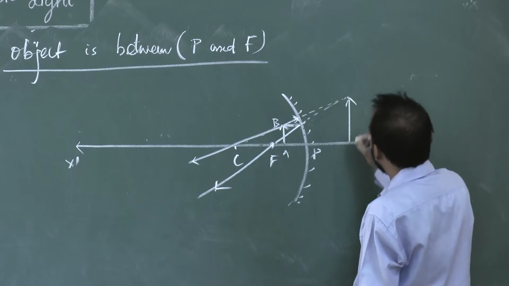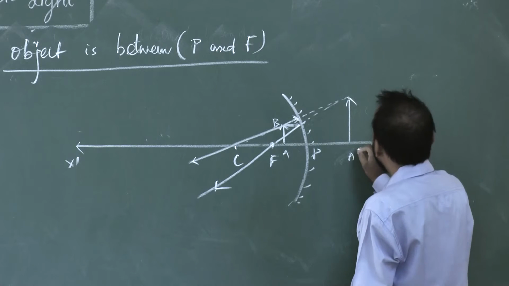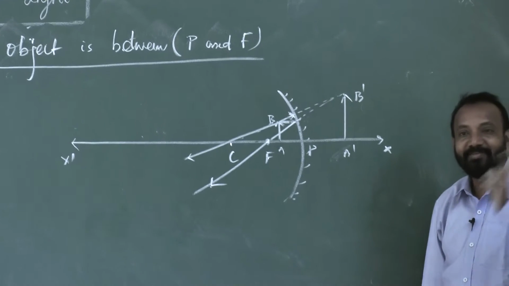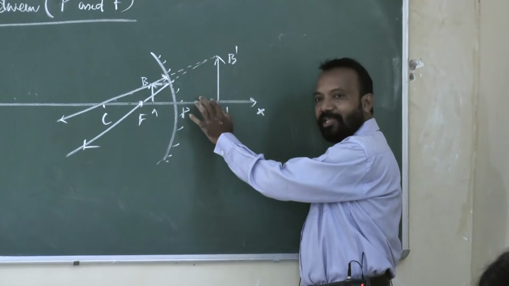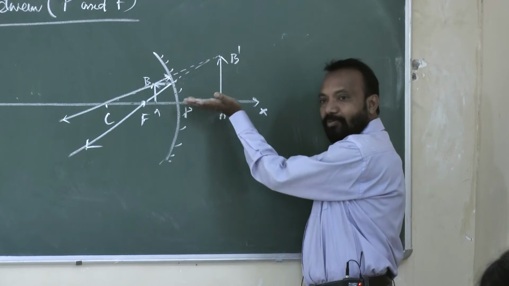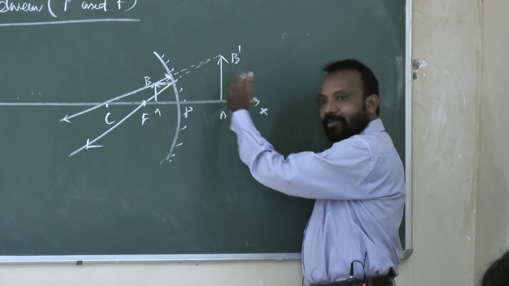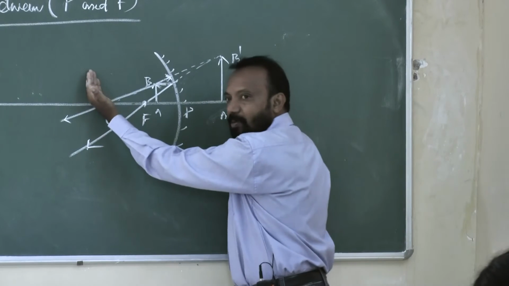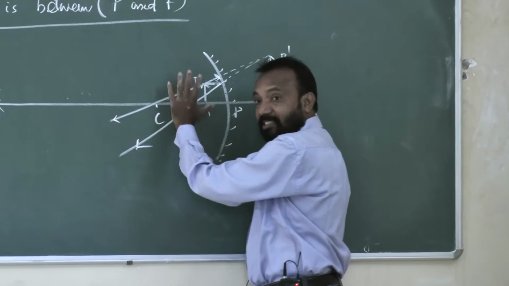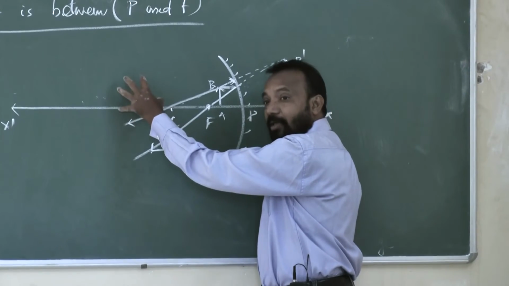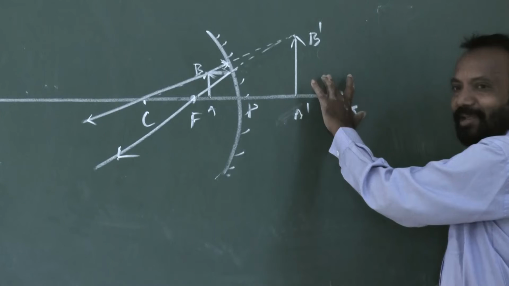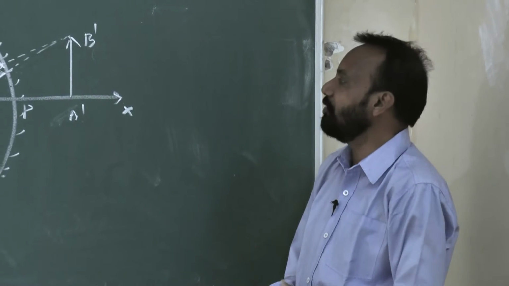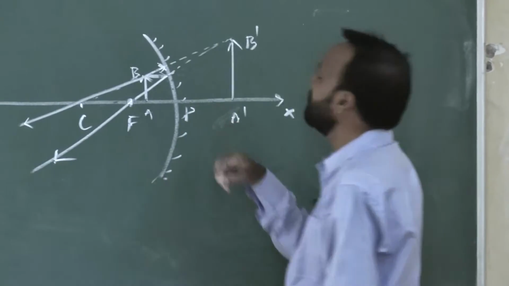My dear, this is only one case. You will find that in case of concave mirror, I am finding the image erect. You see, this image is called an erect image. Above the principal axis is erect, below the principal axis is inverted. If you get the image on the same side as the object in a concave mirror, the image will be real, but on the opposite side you are getting virtual. It is the one and only case in a concave mirror where I am getting the virtual image.